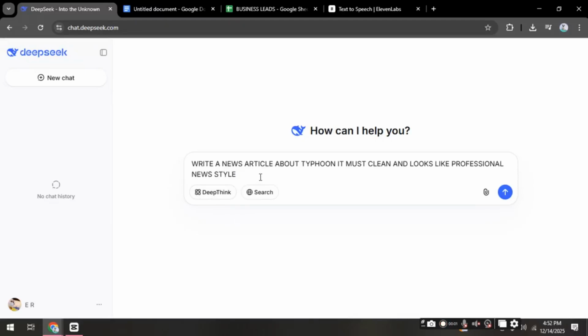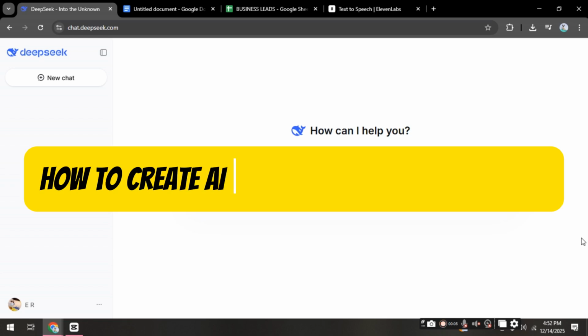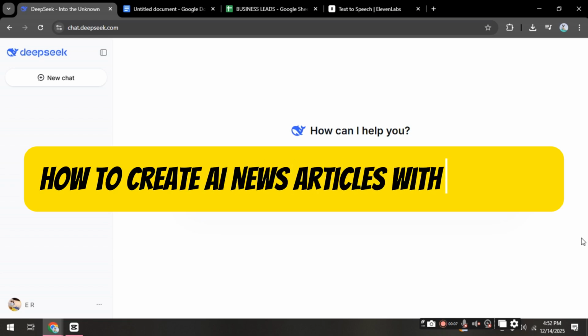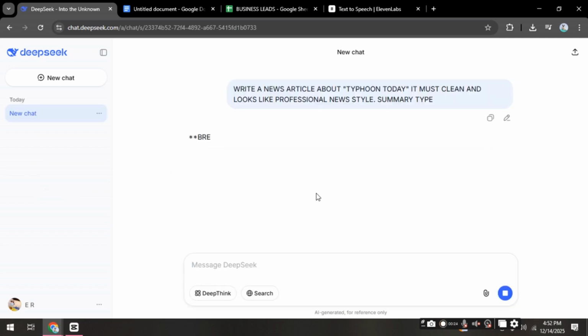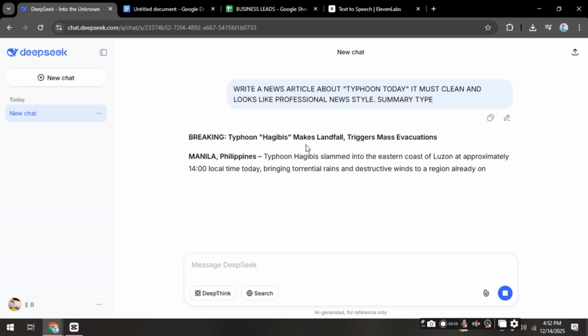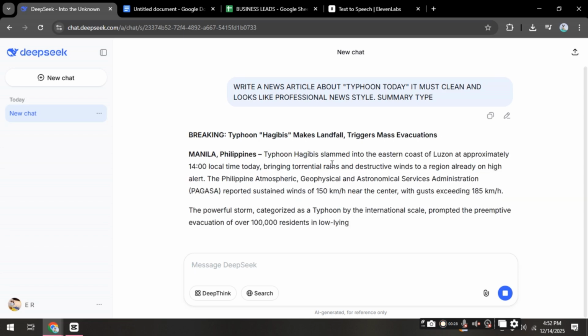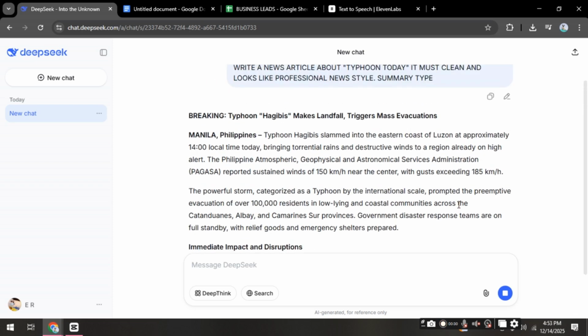In this video, I'm going to show you how to create AI-generated news articles using DeepSeek in 2025. Start by opening DeepSeek and typing a prompt like "Write a news article about this topic." Then include the who, what, when, where, and why. DeepSeek will generate a well-structured article with a headline, lead paragraph, body content, and conclusion written in the professional news